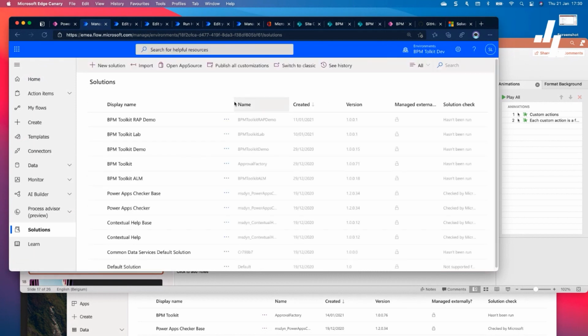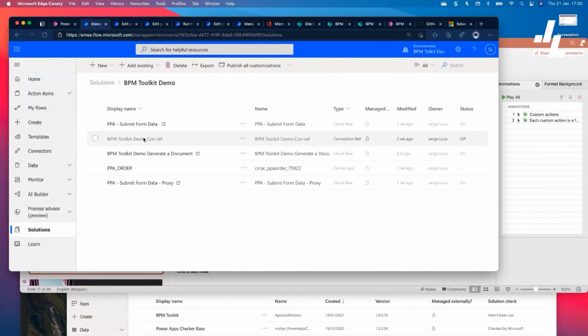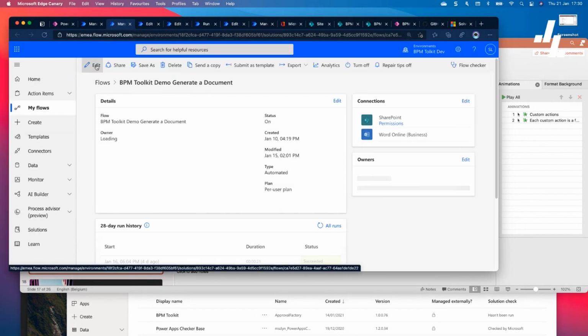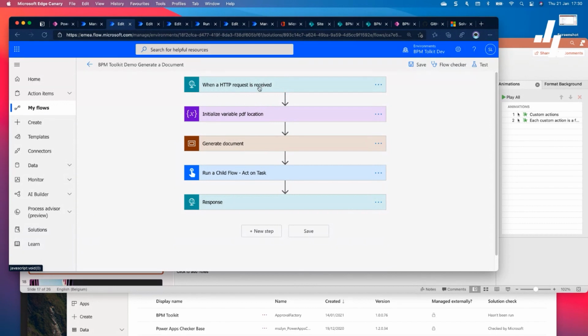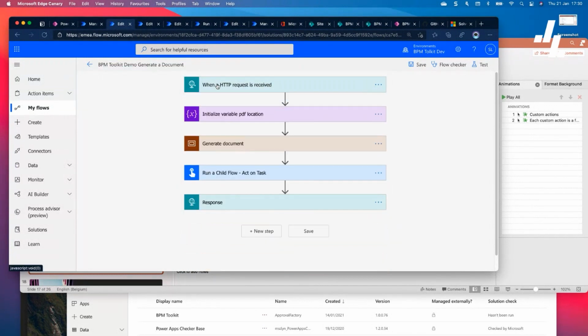To create a custom action, you just need to create a flow, and the flow must start with this trigger, when an HTTP request is received, and a response. And the constraint is you just need to provide case ID and step. That's it. If you do that, you have a custom action, and you do what you want in a custom